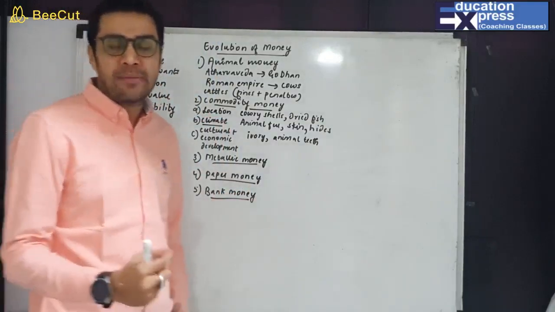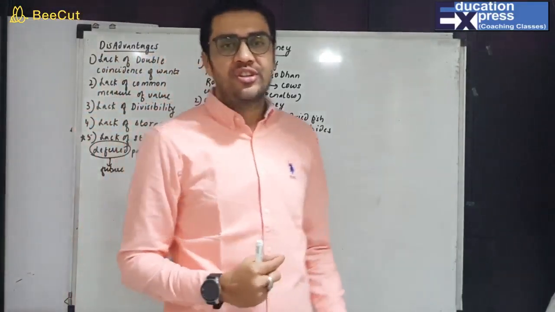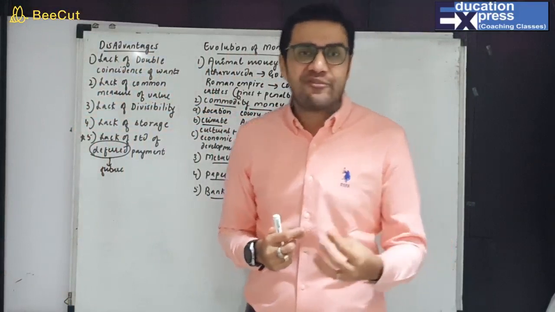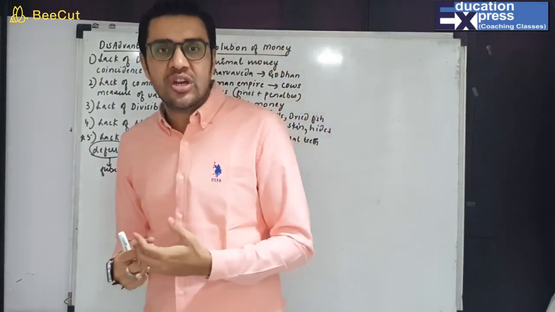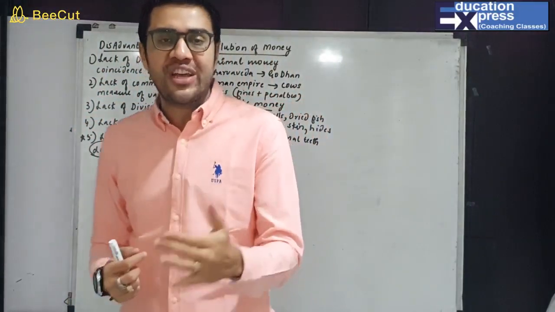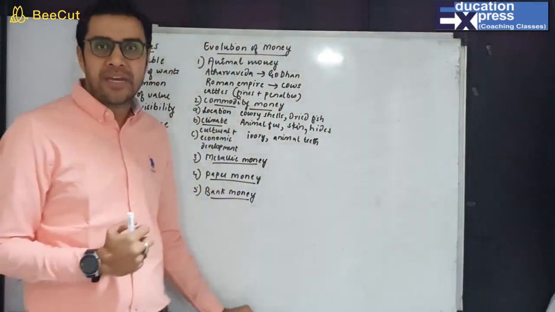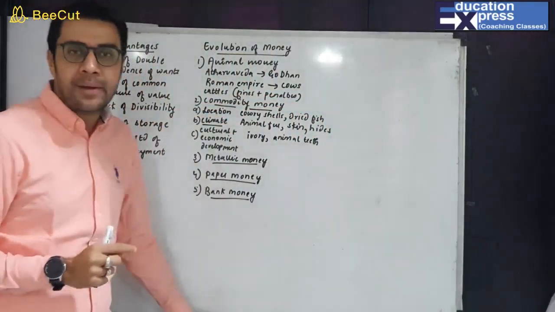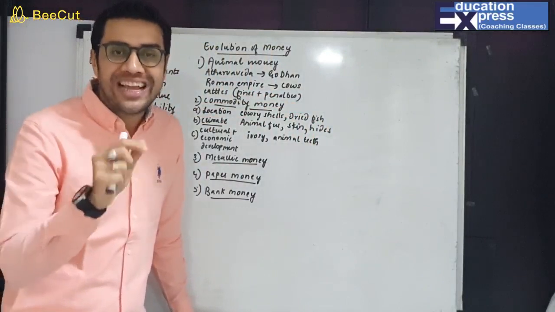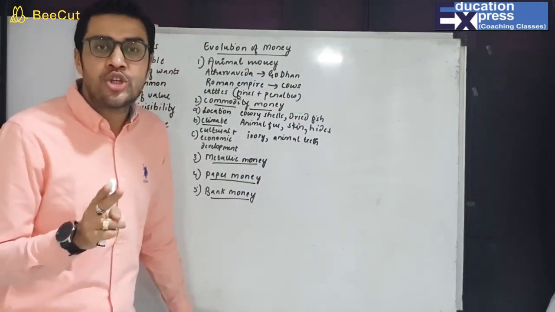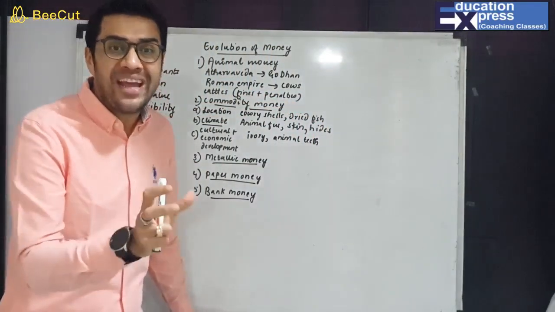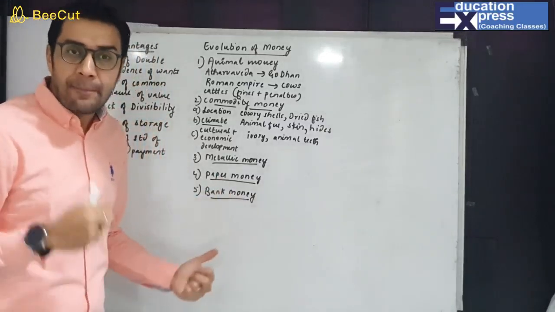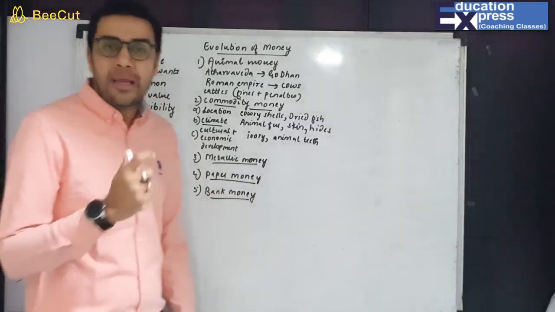When I say bank money, that includes checks, drafts, bills of exchange. Okay, check, draft, bill of exchange, they all come under bank money. What was the problem with the paper money? One thing, there was an issue of counting. Second thing, there was an issue of space, storage space. And apart from that, the bank money,